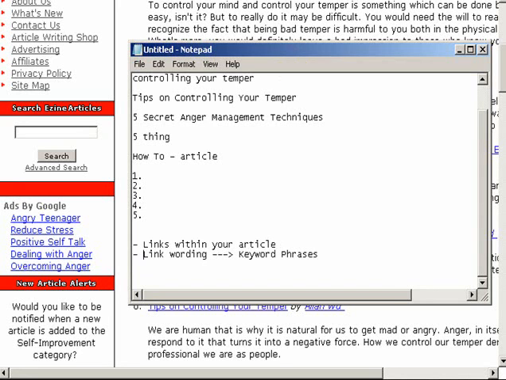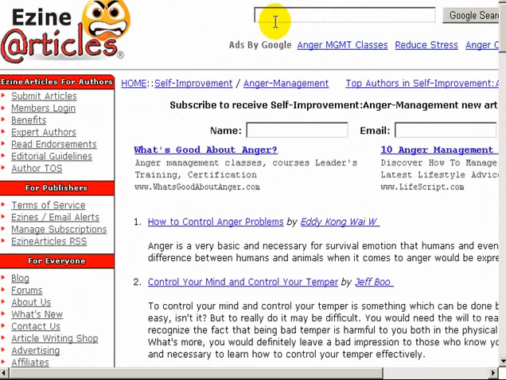So what I want you to do is create 2 to 3 articles. Take one of the articles and submit it to Ezine Articles. Then